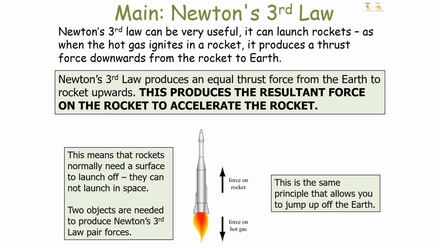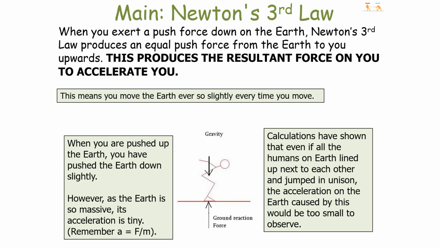This means that rockets normally need a surface to launch off. They can't launch in space because you need two objects to produce Newton's third law pair forces. And finally, when you exert a push force down on the earth, Newton's third law produces an equal push force from the earth to you, and this produces the resultant force on you to accelerate you upwards when you jump